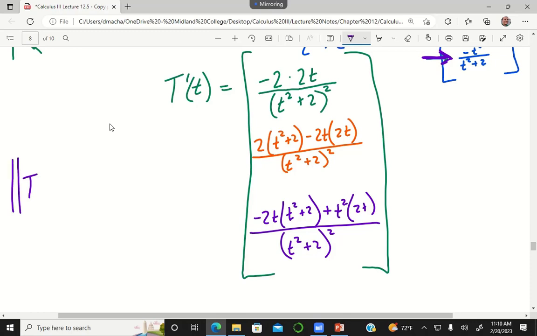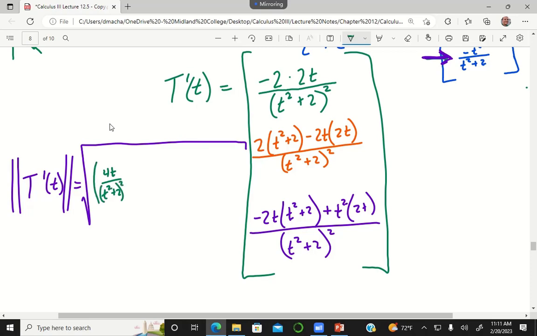The norm of T prime of t is going to be the square root of each one of these elements squared and added together. So whenever I square each one, if it were negative, then it would be positive. So for this, I don't have to worry about the negative in the first element here. And I can just write 4t over t squared plus 2 squared, all squared,